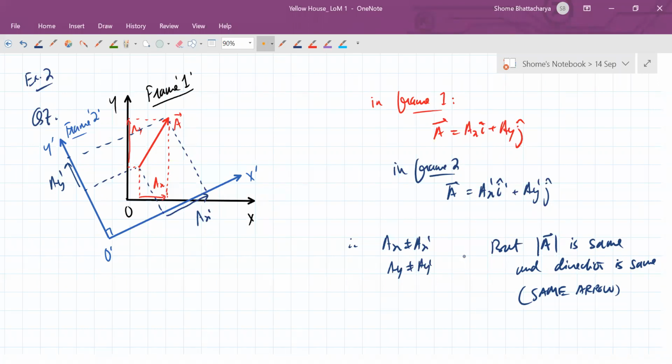Okay, so out of the 4 options given, it is only the component of the vector which is changing according to the reference frame which we've drawn. But the vector itself, that means both the magnitude and the direction of the vector, is the same. Okay. And obviously a scalar quantity does not depend on the reference frame because it does not have any direction. So the meaning of the question was a little tricky in this. Hope it is clear to all of you now.